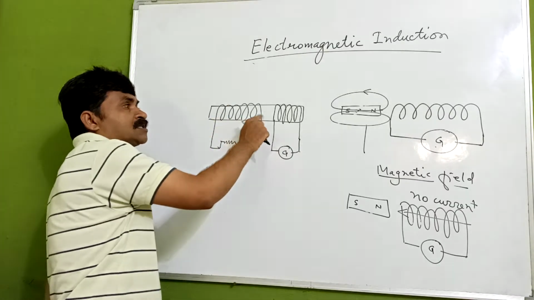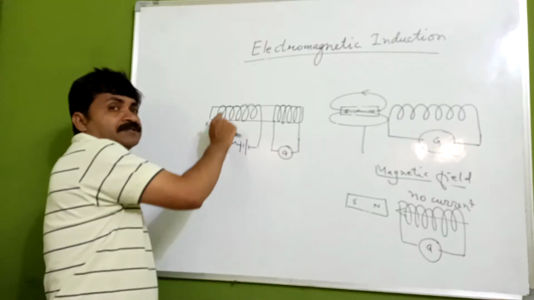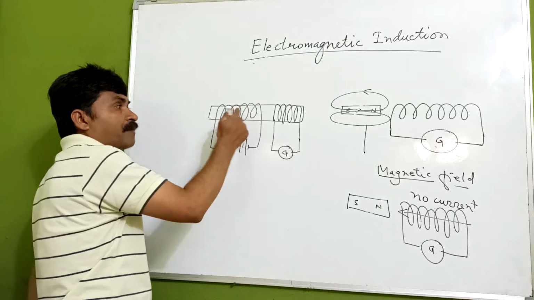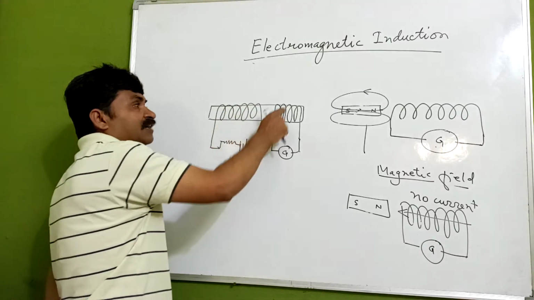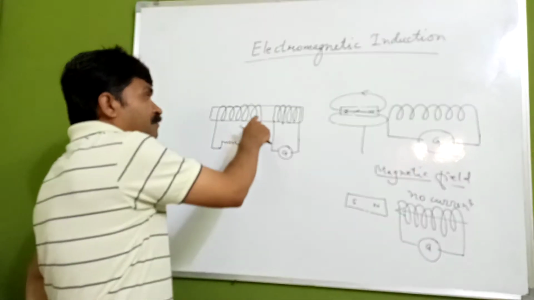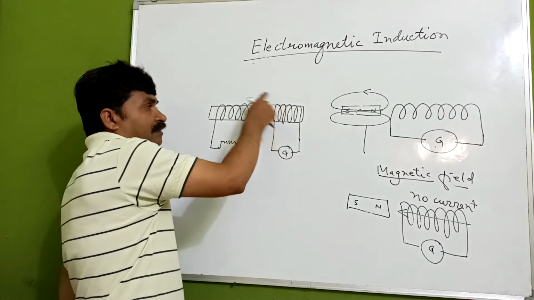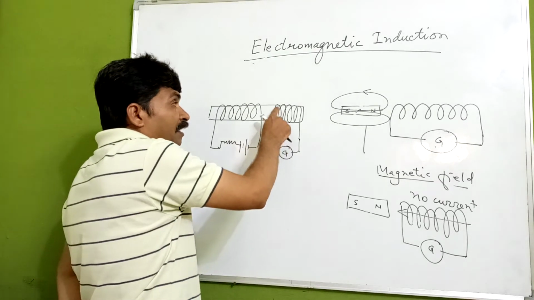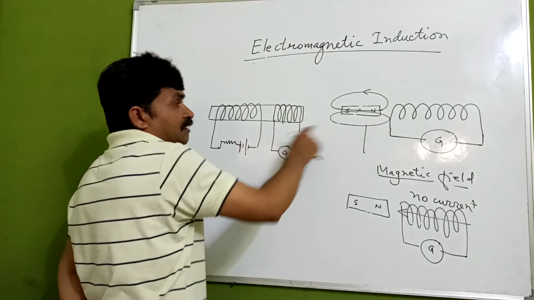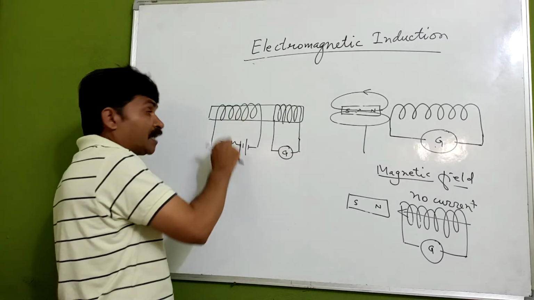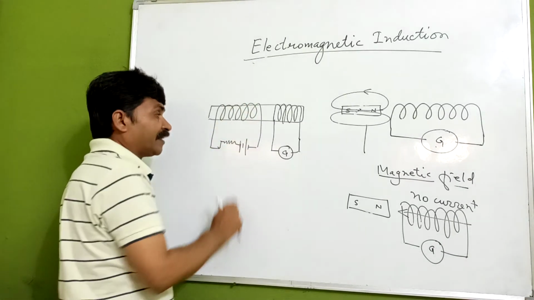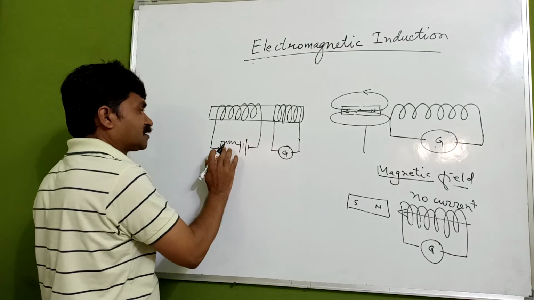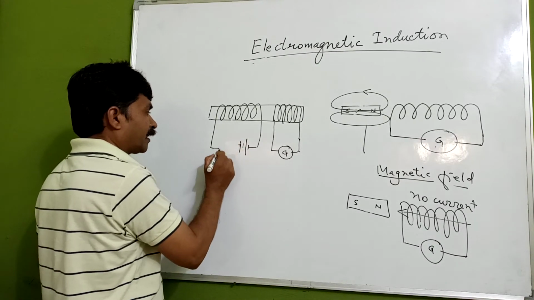This current causes magnetism inside it, meaning a magnetic field is there, a magnetic effect is there, which means the magnetic field lines are there. If these magnetic field lines are intersecting or linking with this coil, they cause an EMF to be induced in it. And if there is a change in the magnetic field lines, how can we change the magnetic field lines? By changing the current in this coil, which we can do like this.